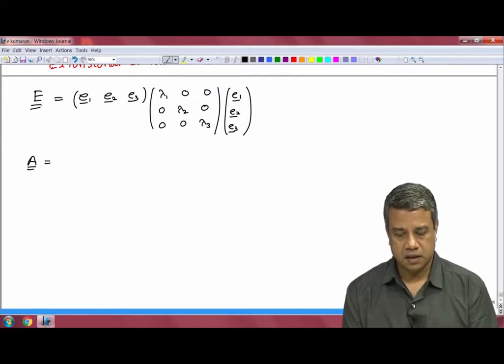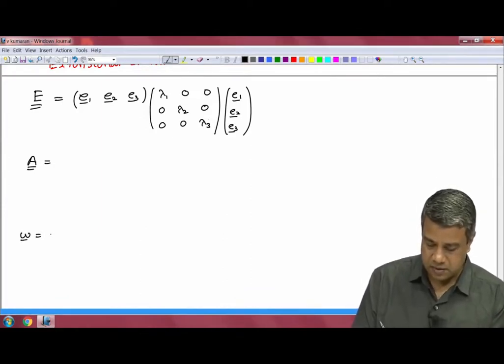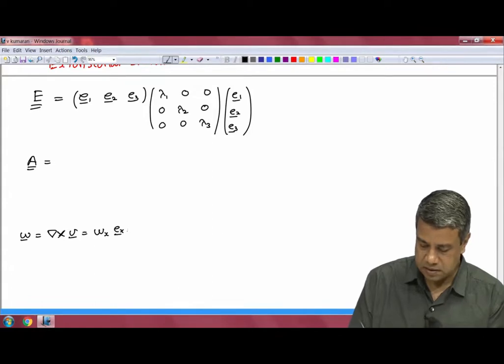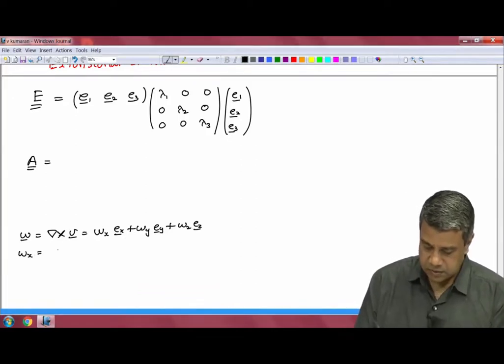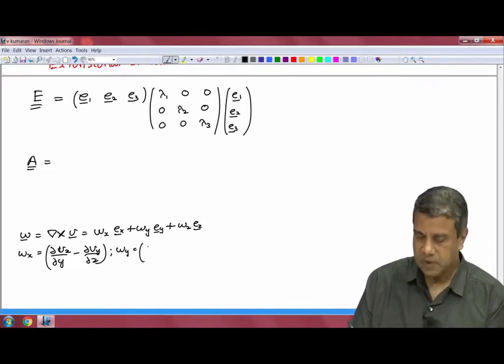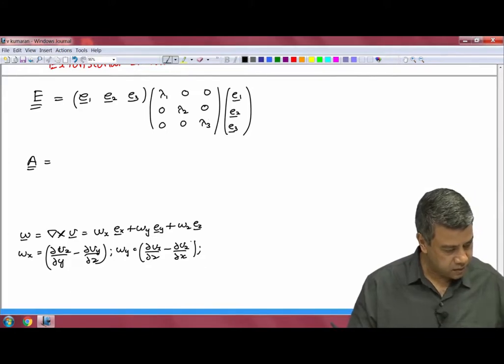And I told you that the components of the antisymmetric part can be expressed in terms of the components of the vorticity omega, which is del cross V. So, this is a vector that can be written as omega x E x plus omega y E y plus omega z E z, where omega x is equal to partial V z by partial y minus partial V y by partial z. And omega z is equal to